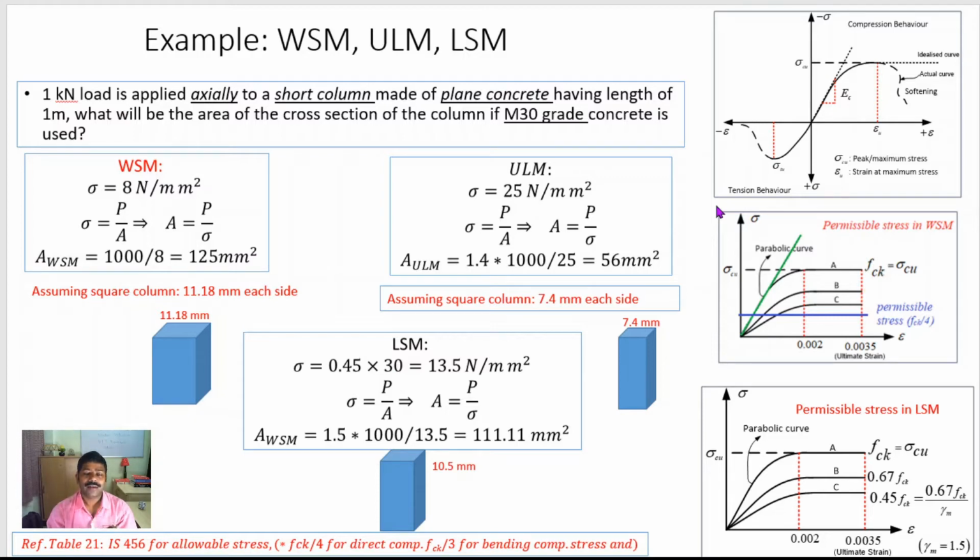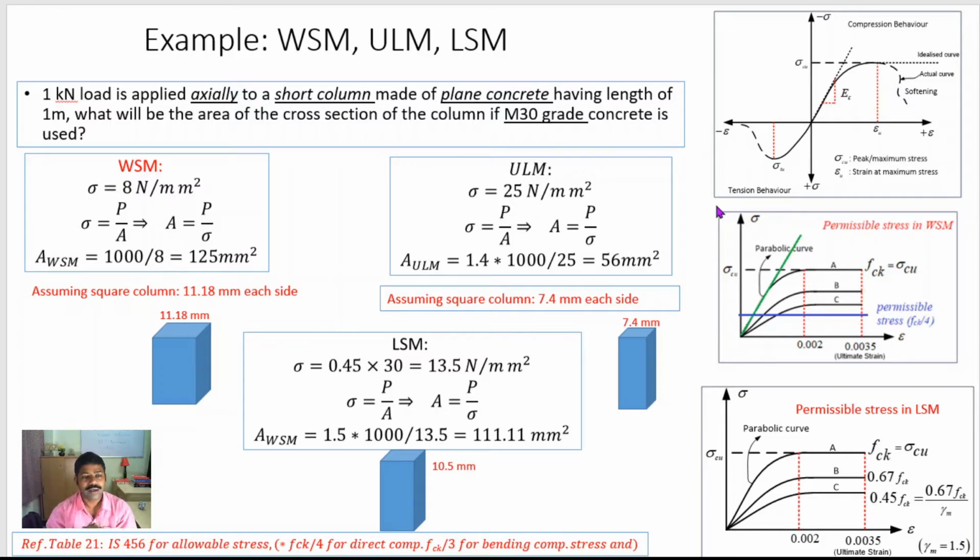Now again we know that stress is basically load divided by area. That compressive stress is occurring due to the compressive force divided by the area. From there we can calculate the area. Area will be force divided by allowable stress. Now for the working stress method, this allowable stress is 8. Now if we consider the 1000 N load here, in the working stress method we used to consider different combinations of load, but we are not applying any load factor. We are not enhancing the load, we are just considering different combinations of load.